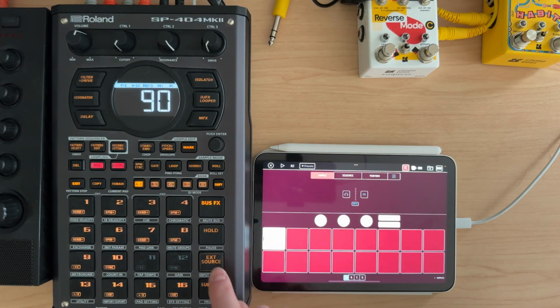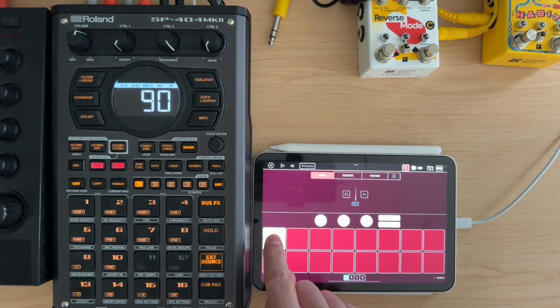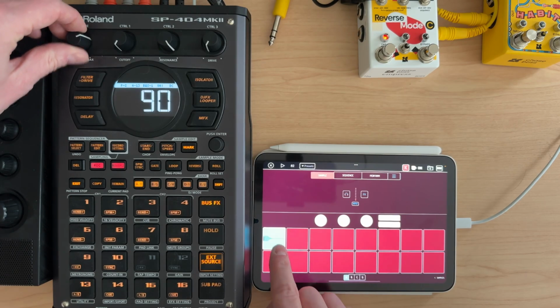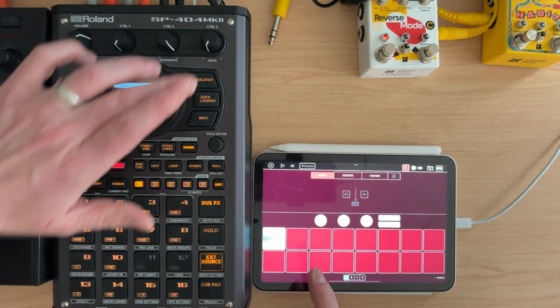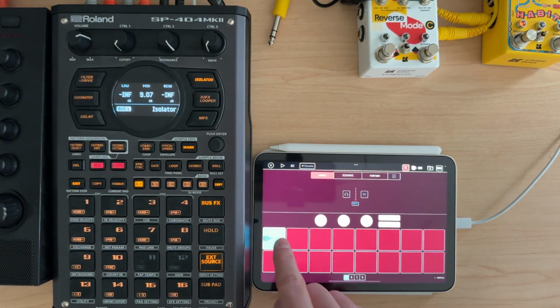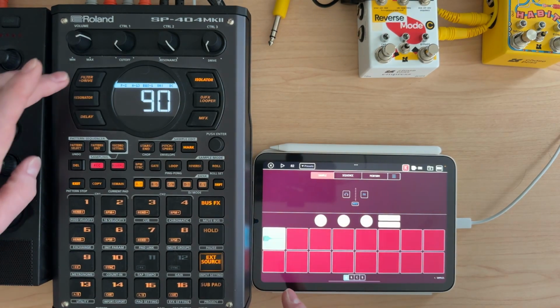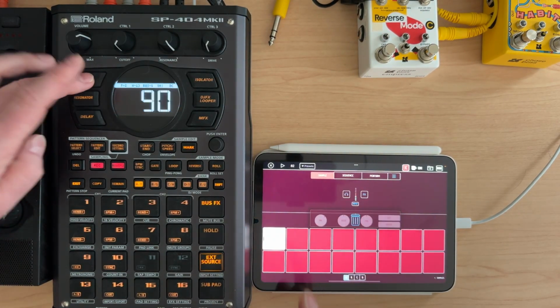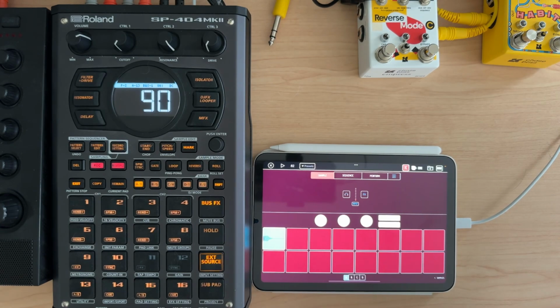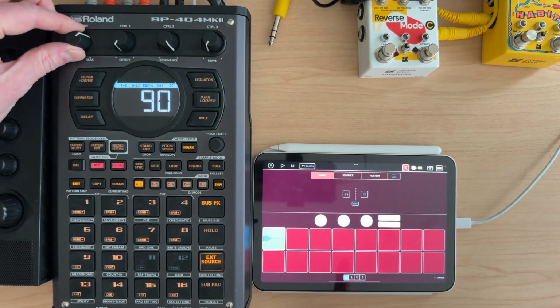Again, can't hear it, but if I turn EXT source on, I can hear it. I'm going to turn that up even so you can hear it. I can turn the effects here on. You can hear it's being affected. We can do crazy stuff with this. And for me, having both of these allows you to use both as little sample touchpads where you can touch things, just record stuff real quick, bounce them between the two and process stuff. So really cool that we can do that,